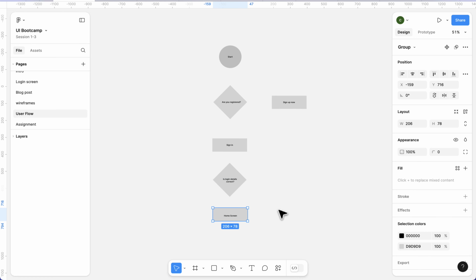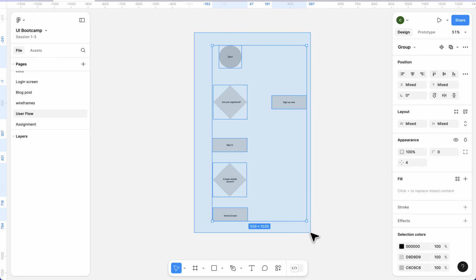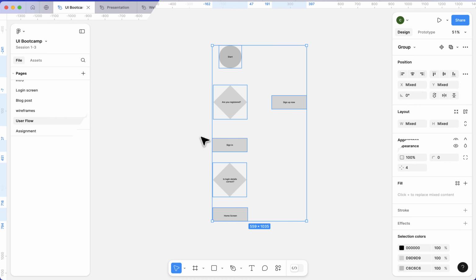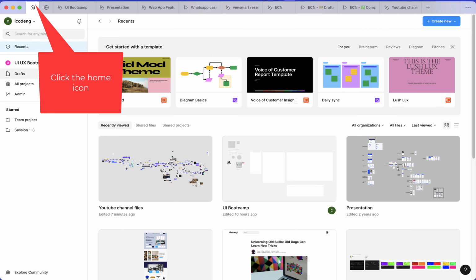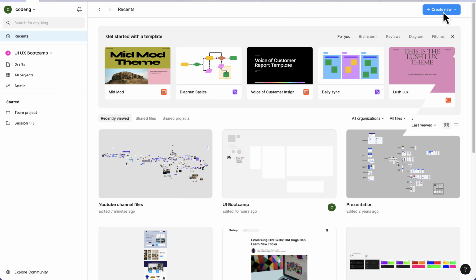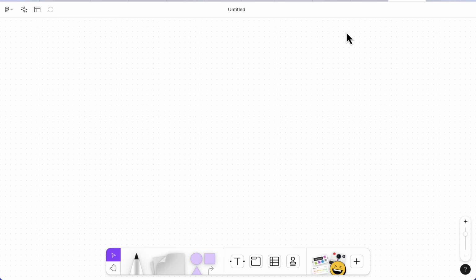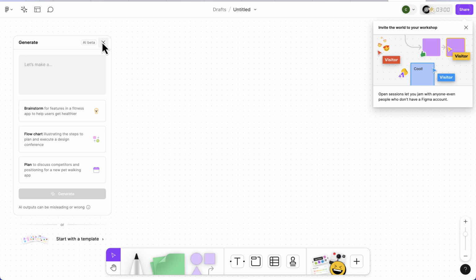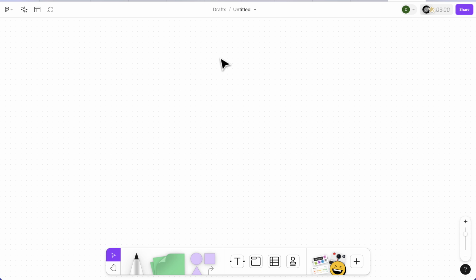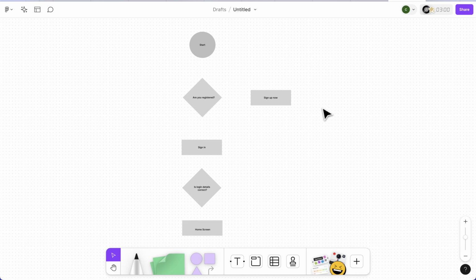Command G here. Now we need to create a new file in Figma. So all you need to do is to select everything here, Command C to copy. Let's go back to our Figma. So here I'll create a new file. This is going to be Figma bot. So I'm going to select this, close this, whatever we are having here, and I'm going to paste this here